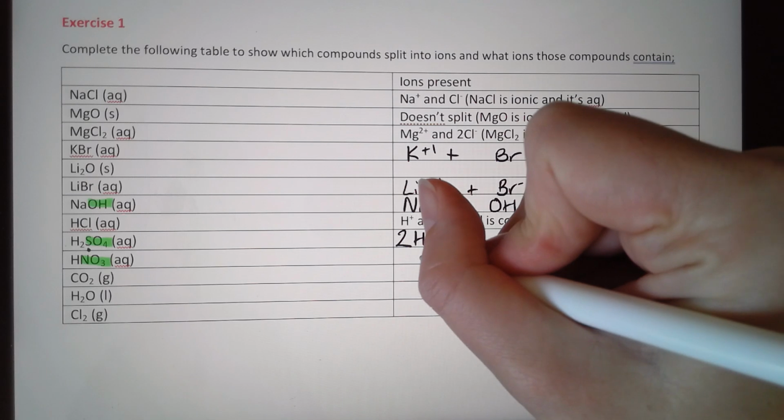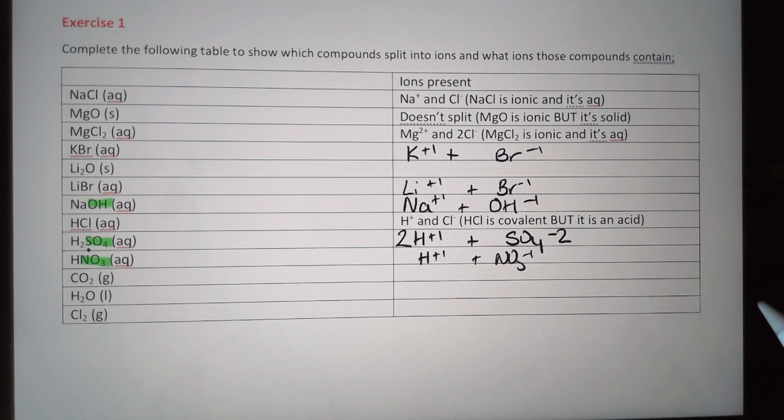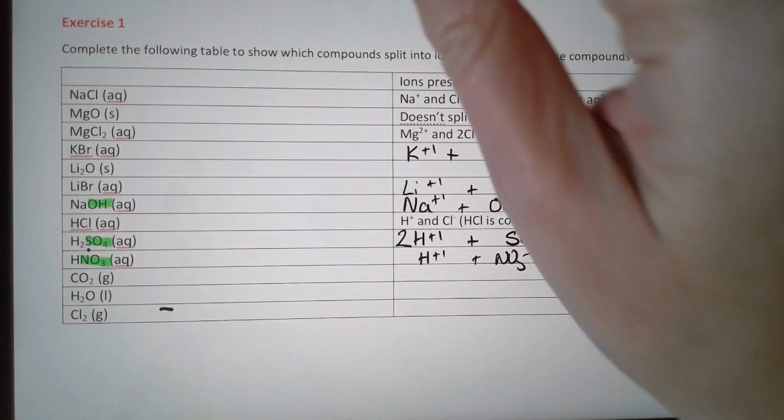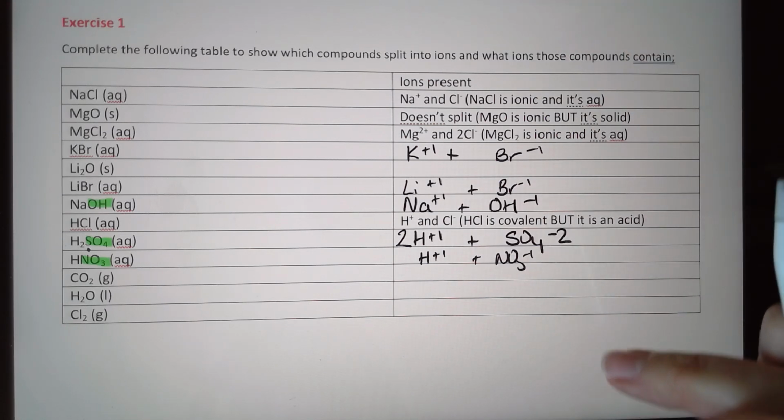HNO3, it's an acid, it's going to split, you're going to get H+, and you're going to get the NO3- ion, again another polyatomic ion. The last 3 are all covalent, they're not going to split, so they would stay as they are. If we look at some